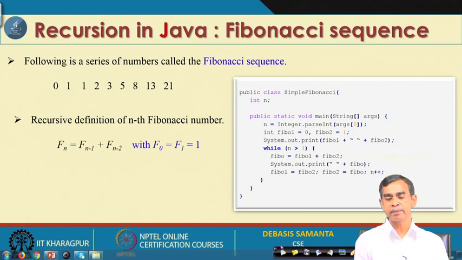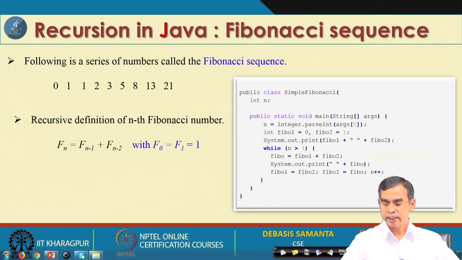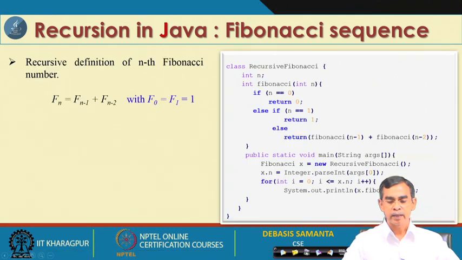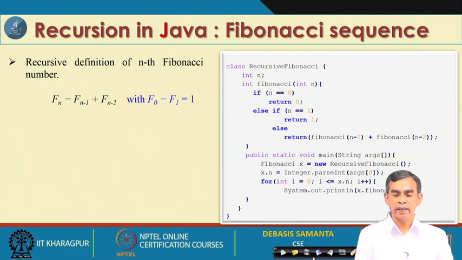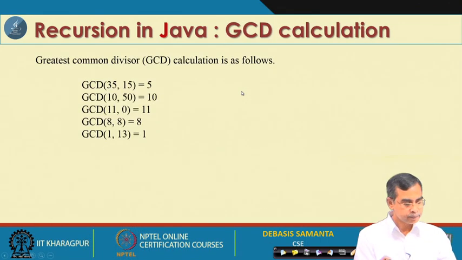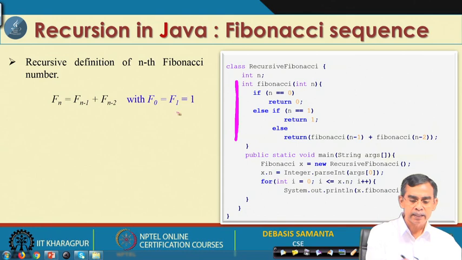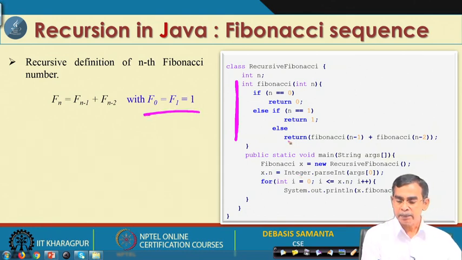Now, having this definition, we are in a position to calculate the recursive version of the Fibonacci series calculation. So, here is the recursive version of the program. Let us look at the program here. This is the termination condition, and as we see, this one is implemented. Fibonacci n is Fibonacci n minus 1 plus Fibonacci n minus 2.